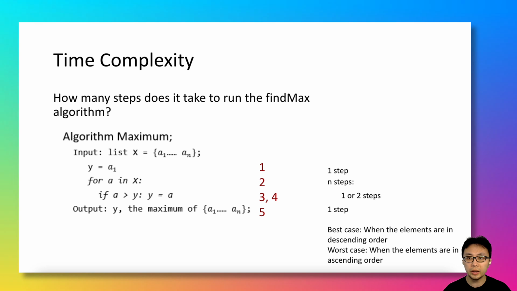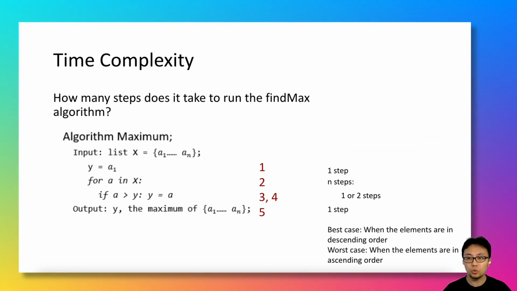Okay, so the best case only happens when the input array is in descending order. In that case, the if condition will never be met, because A is initially assigned the value of the first element in the array, that's the biggest element in the array. So the if condition would never be met, and the statement underneath the if condition would never get a chance